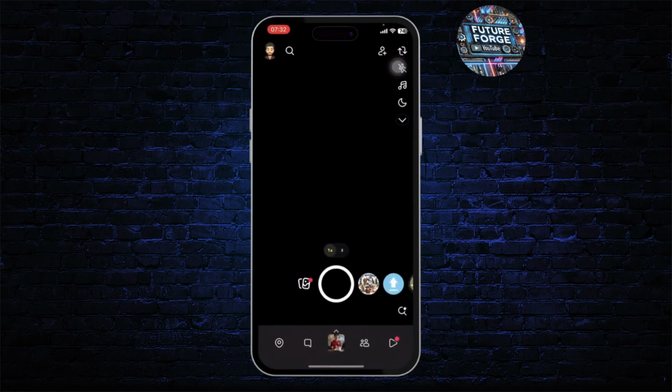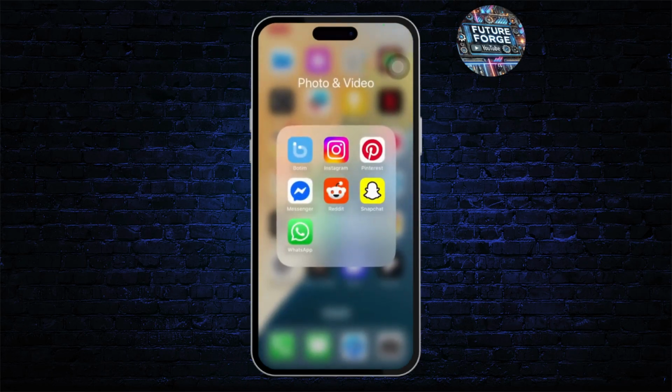So the first thing that you'll actually need to know is that your Snapchat's camera quality is directly related to your device's camera quality. So if the quality is low on your camera itself, you cannot actually improve your camera quality on Snapchat. But what you can do is make sure that you have the updated version of